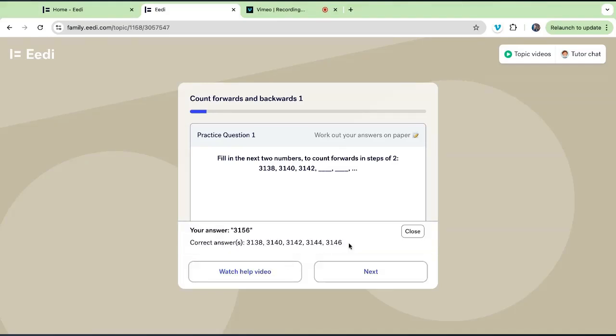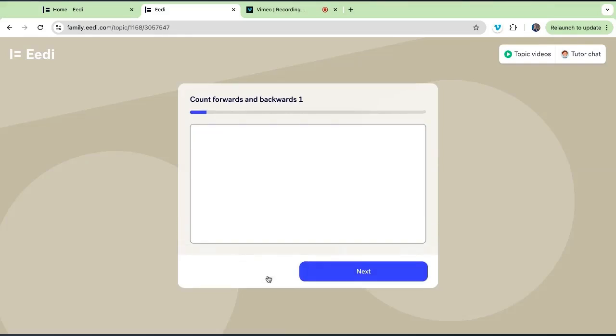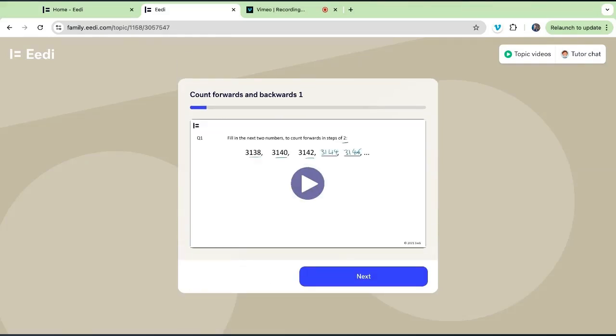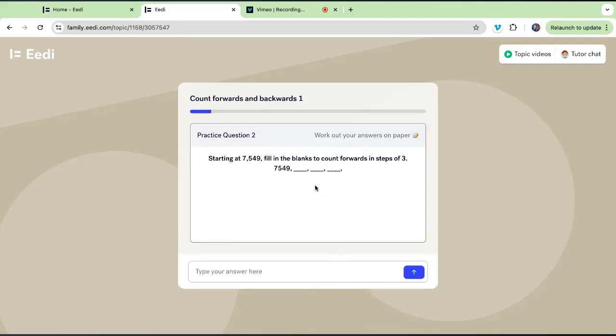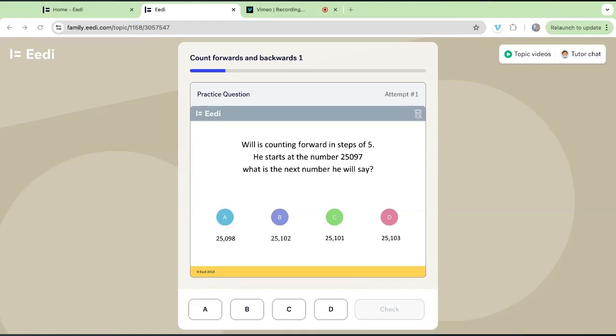I then can see here that I got that answer incorrect. So it's time to watch a help video, where I get a full worked example video and solution video again with one of the qualified maths teachers. After that, I move on to the second practice question. Okay, so we've made it to the end of the practice questions,